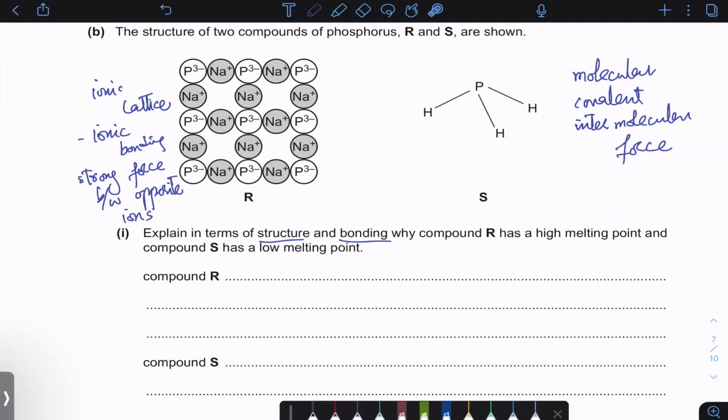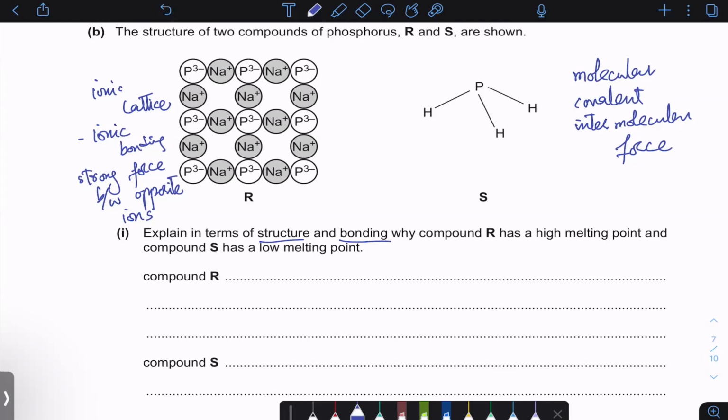हम उसकी बात जरूर करेंगे. So in R we can say that the ions are strongly held in an ionic lattice with strong force of attraction, so you need high energy to break it. 2 marks हो गए. मैंने स्ट्रक्चर की भी बात कर ली, मैंने बॉन्डिंग की भी बात कर ली. Compound S, it has a molecular structure with covalent bonding and there's weak intermolecular force of attraction which needs low energy to break. So हमने आंसर बता दिया. Covalent bonding in fact आप बात करो या ना करो कोई फर्क नहीं पड़ता, because intermolecular force is the one